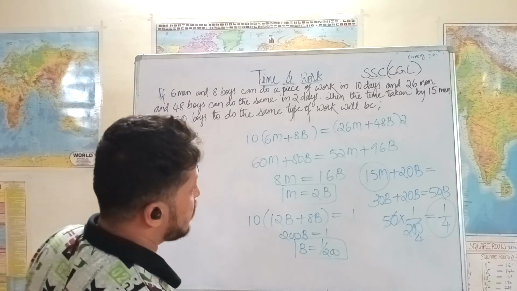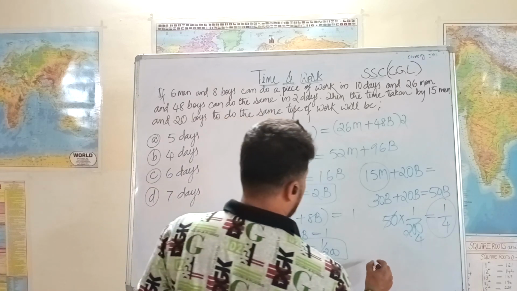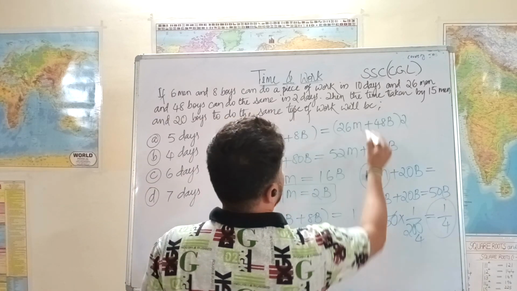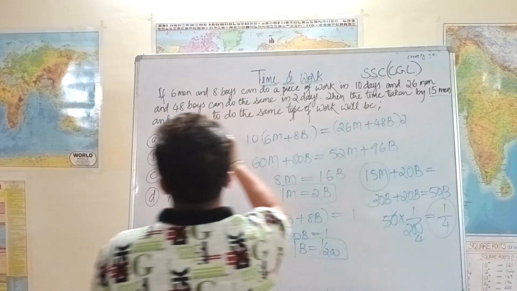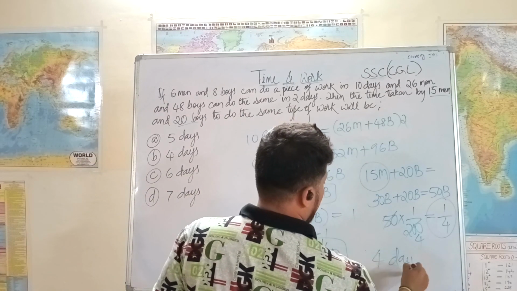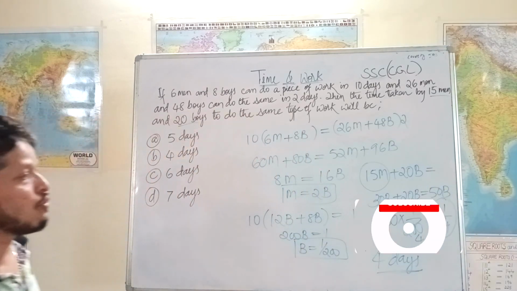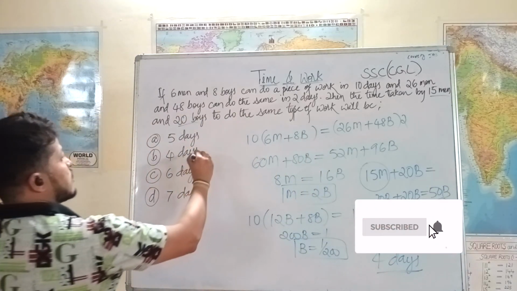That means to complete the entire work, they take 4 days. So 50 boys, which means 15 men and 20 boys, will take 4 days to complete the full work, because in one day they do 1 by 4th of the work. So in 4 days they can complete the full work. Answer is